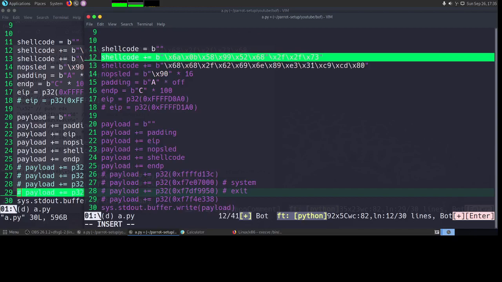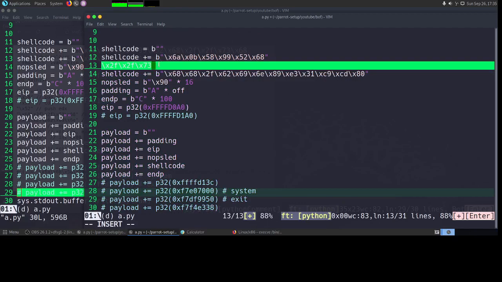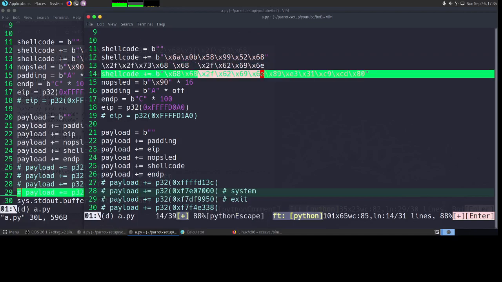Okay, so let me put it here, slash sh. Okay, then this is something that we have to ignore. Then this is slash bin, bin. Okay, so up to this, this is our slash bin slash sh. Now we can get rid of this.